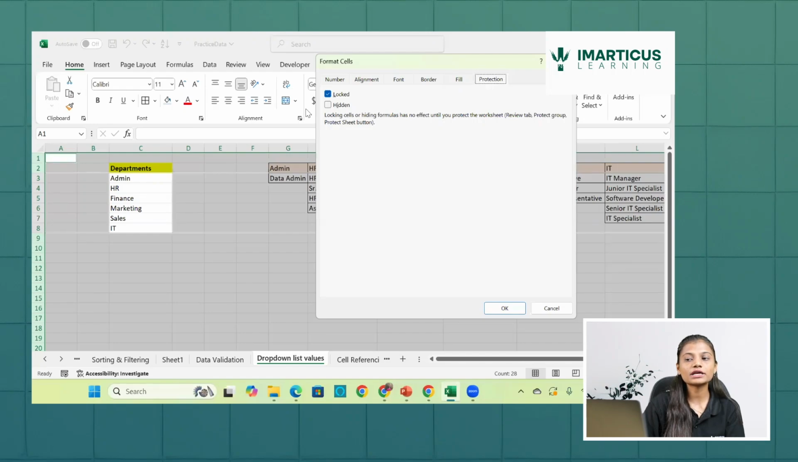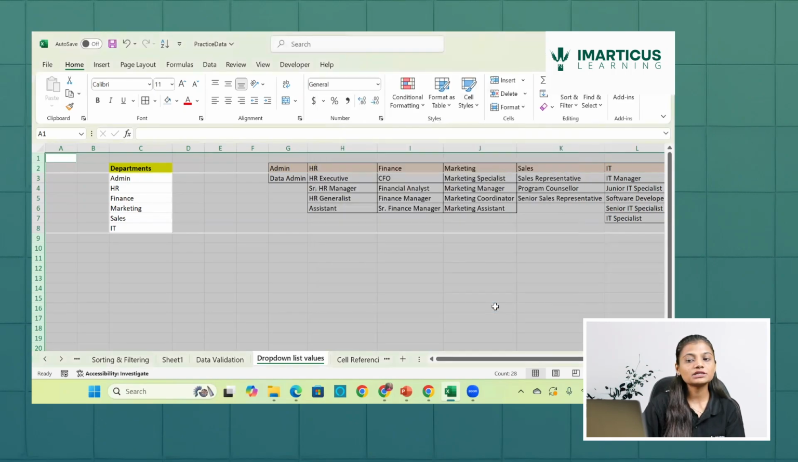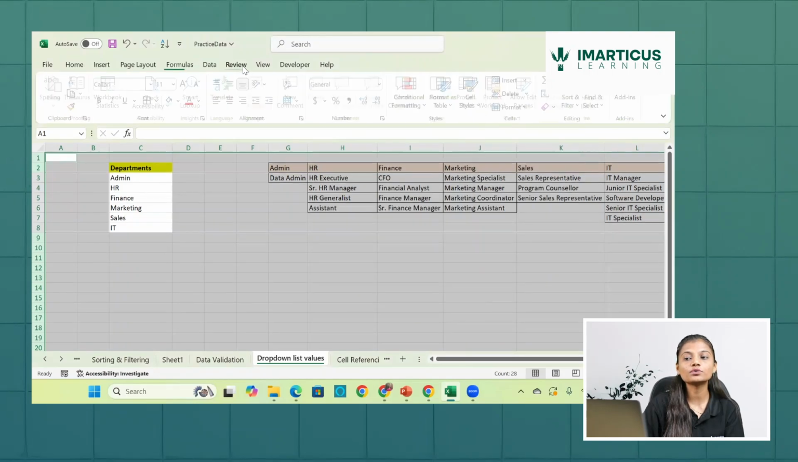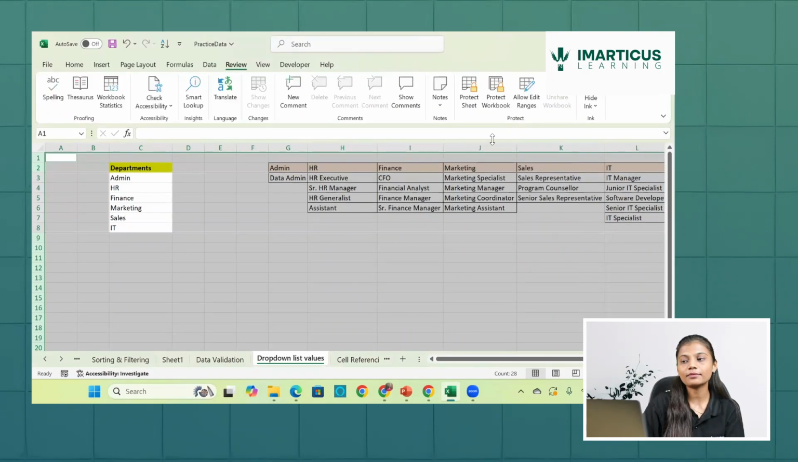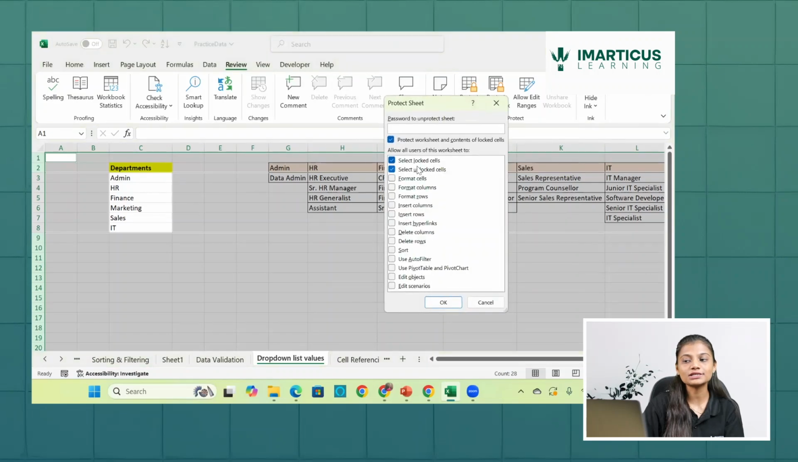Now you can see protection has something called locked, because I want to lock these cells. Locked, and I do OK. But it's still not done because I want to go into the Review tab and go into the protect sheet, and then there will be two options selected that you have to lock those cells, and when you select it, it will unlock the cells. Now